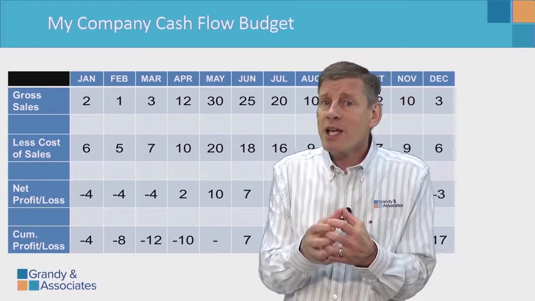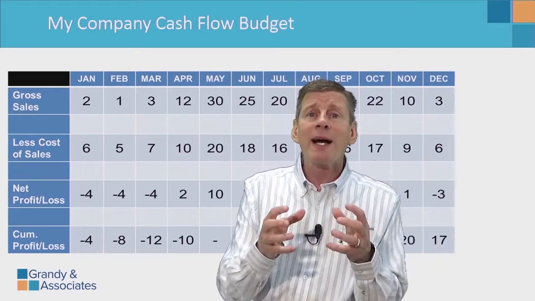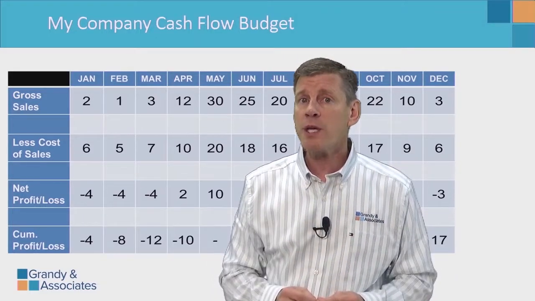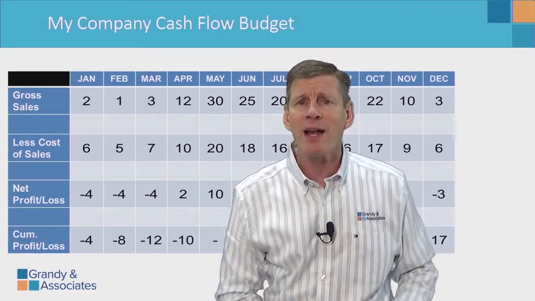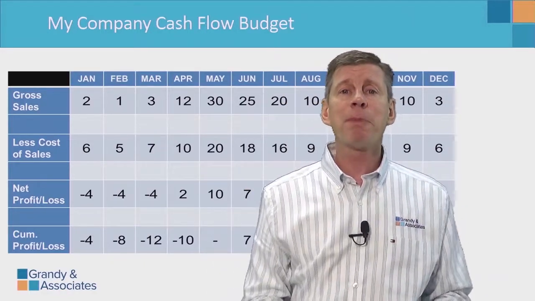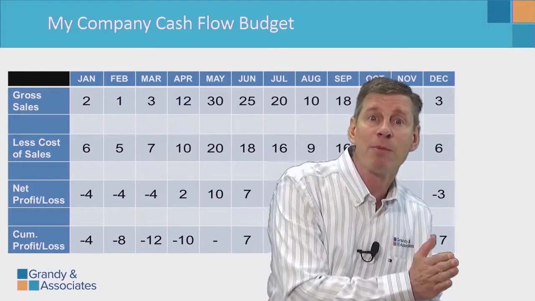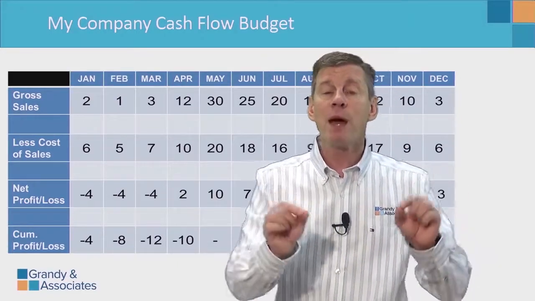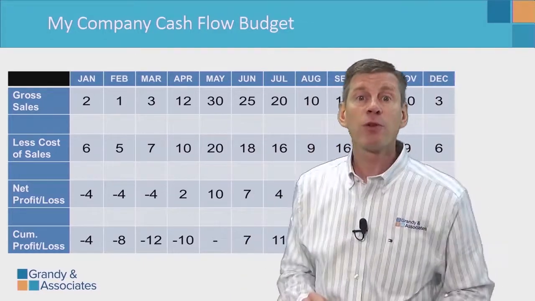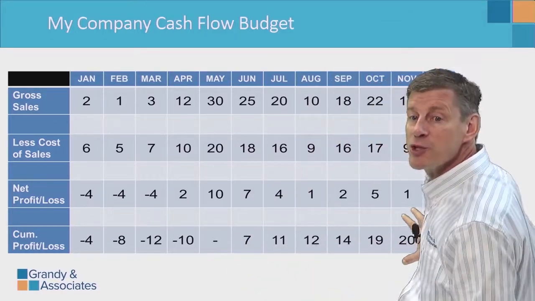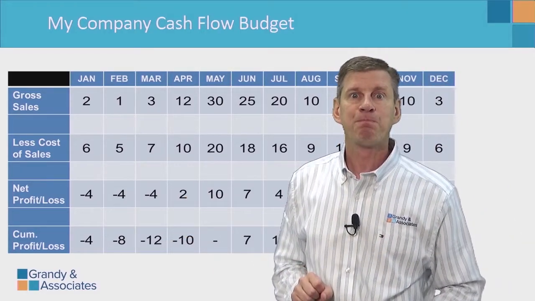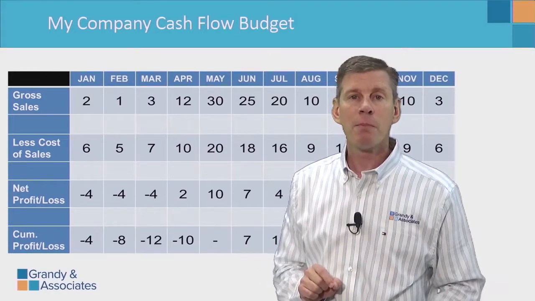So your accountant isn't giving you bad advice. They're purely giving you accounting advice. Right? In fact, sometimes your accountant will tell you, don't worry about next year, we'll worry about that next year. Right now, let's just take care of this year. The problem is you have the same checkbook balance on January 1st that you had on December 31st. You have to run your business on a rolling 12-month basis looking at the cash flow of your company. We better carry some of that profit over to the next year to help us get through that negative period in time. Plan your cash on a month-by-month basis.